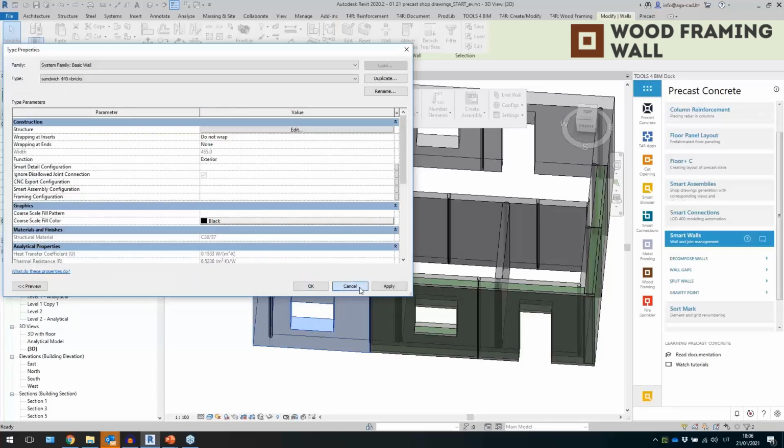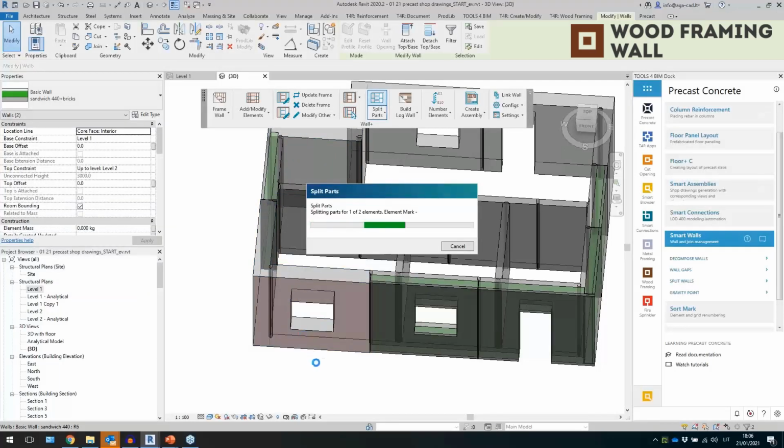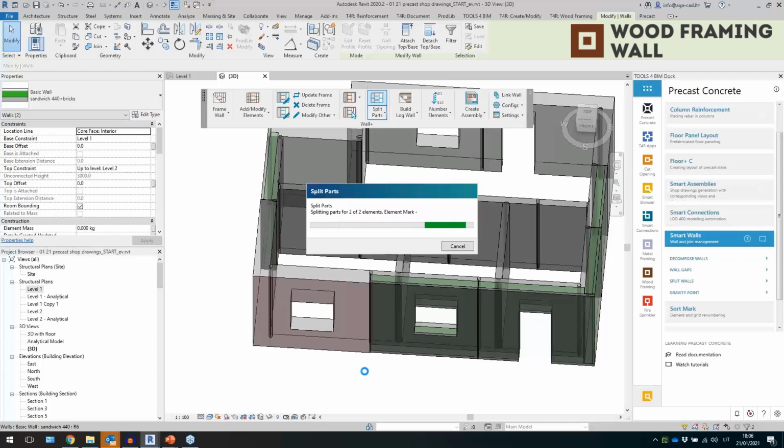Actually, that's material, right? So let me show you, let's say, split parts. So I made just an additional configuration. Just like to see the possibilities a little bit about it. So let's run it. Oh, I actually should have done one more thing for these walls. Okay, so we will do that. But yeah, we can wait for this one, because